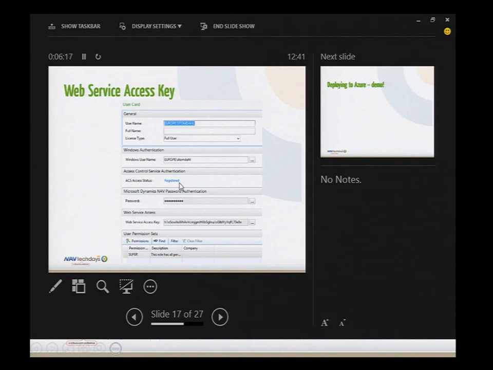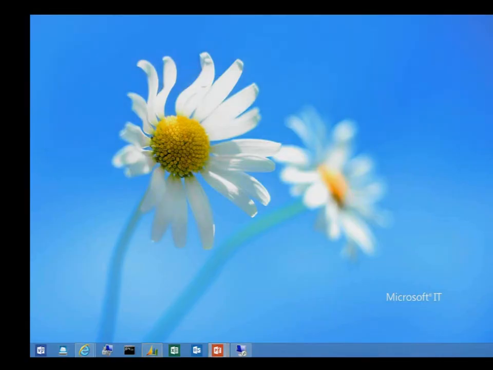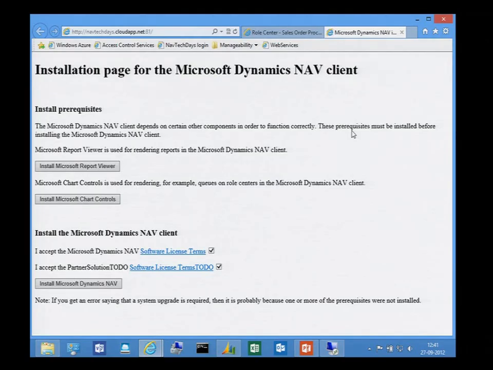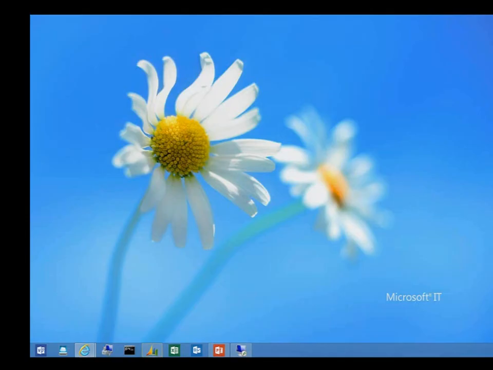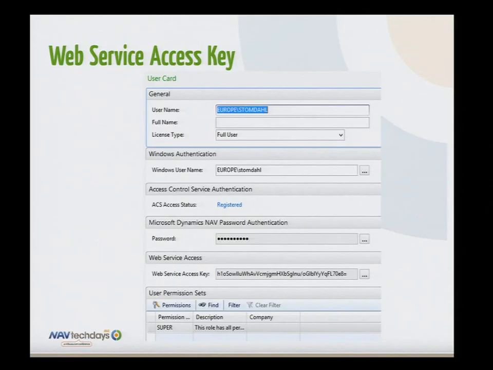This one, I will just see if I can extend just a sec. And here we go. I don't know if you recall the user page here, but we have something called Web Services Access.